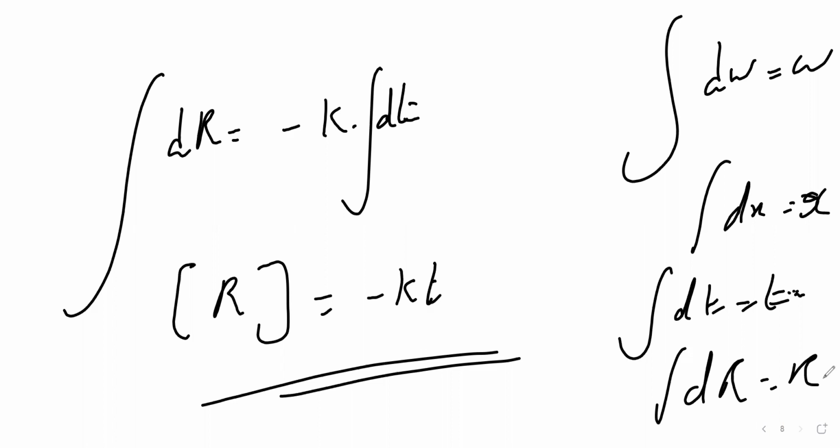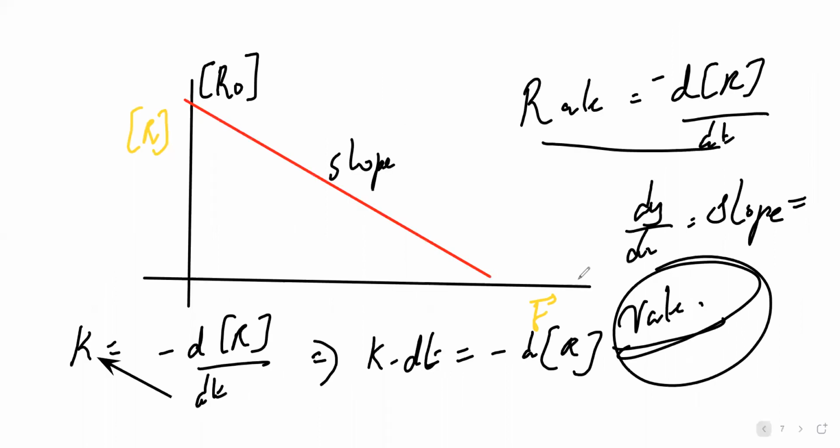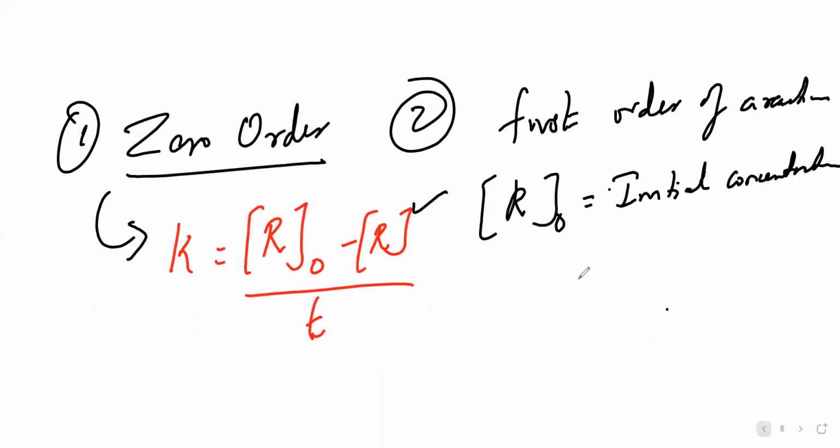So now let me come back to the thing. I got R is equal to minus kt. Normally in integration, we use a constant called I or C here, where I is nothing but my initial concentration, R naught. Then I'm getting this value. Is it clear for everyone now?